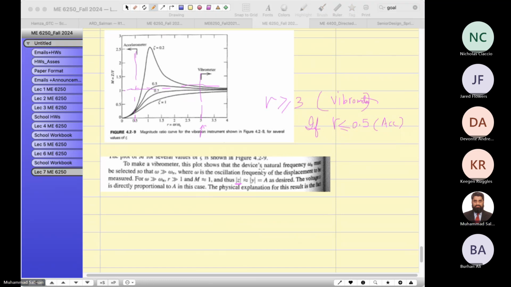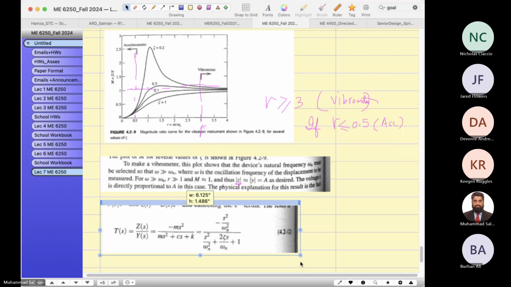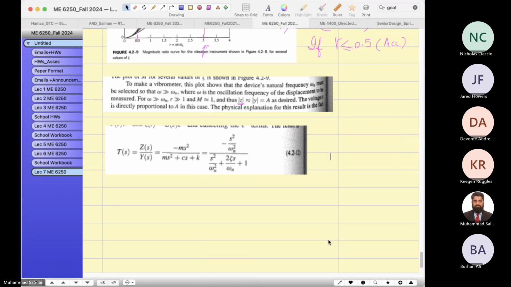Over here, for an accelerometer, if omega n is very large relative to the forcing frequency, then it behaves like an accelerometer,